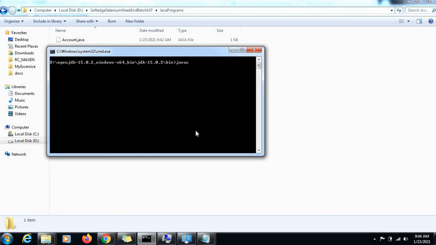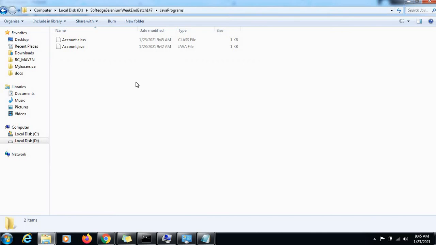I'm just pasting the path and I'll say account.java. So I have compiled. Right, so I'm compiling the program. Let it compile. Yes, compilation done.